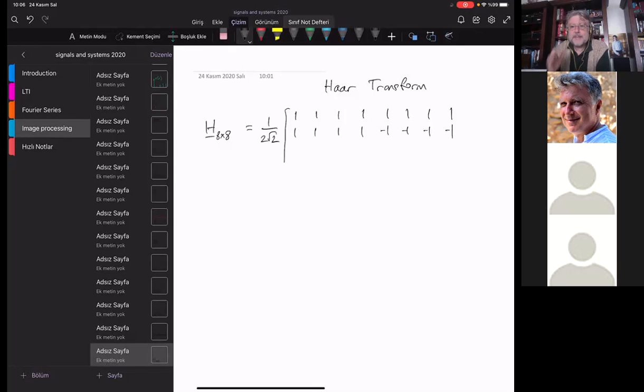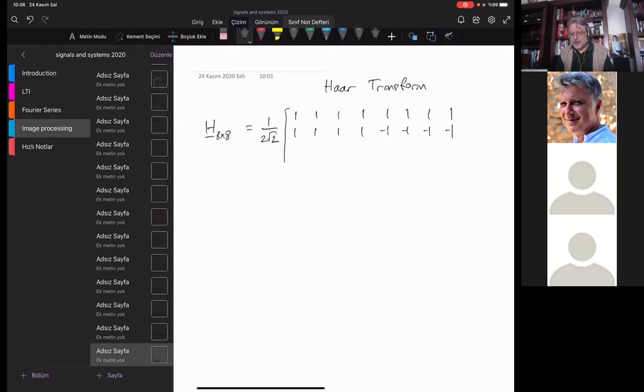When you multiply a column vector with these rows, the first row is therefore going to give you the summation of all those values divided by 1 over 2 square root of 2. Let's forget about that. It will be the summation of the coefficients. And the other one is the difference between the first part and the second part, from which you cannot find these 8 numbers. Okay? But in order to make it